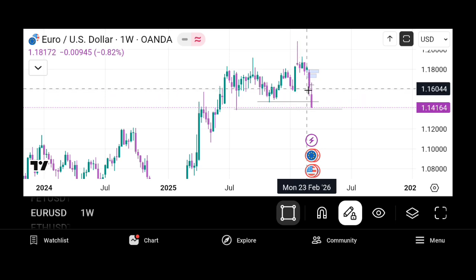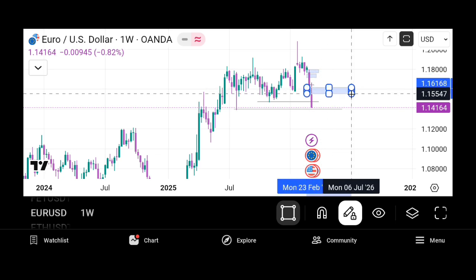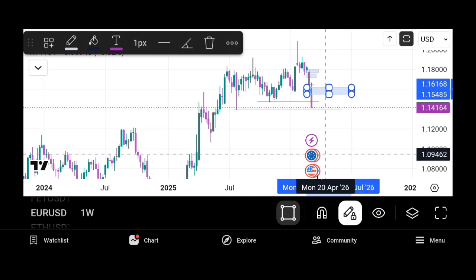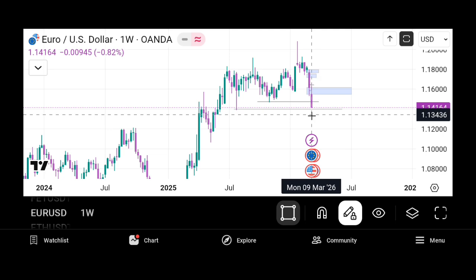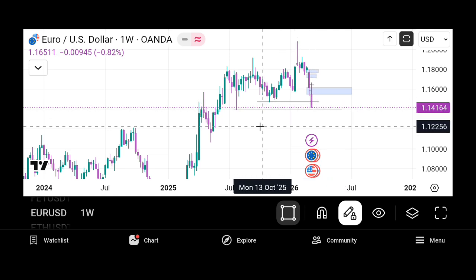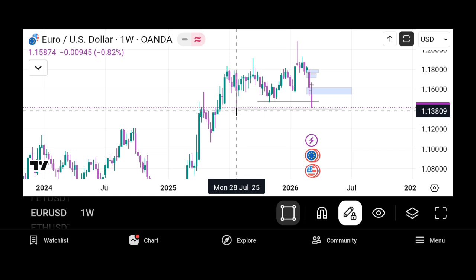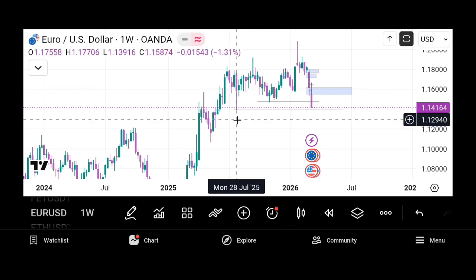So due to the war, there is a high chance of the market always opening the week with a gap, because things usually happen in the weekend. So I'm expecting a sell down to this low right here, which is sitting on 1.13916,